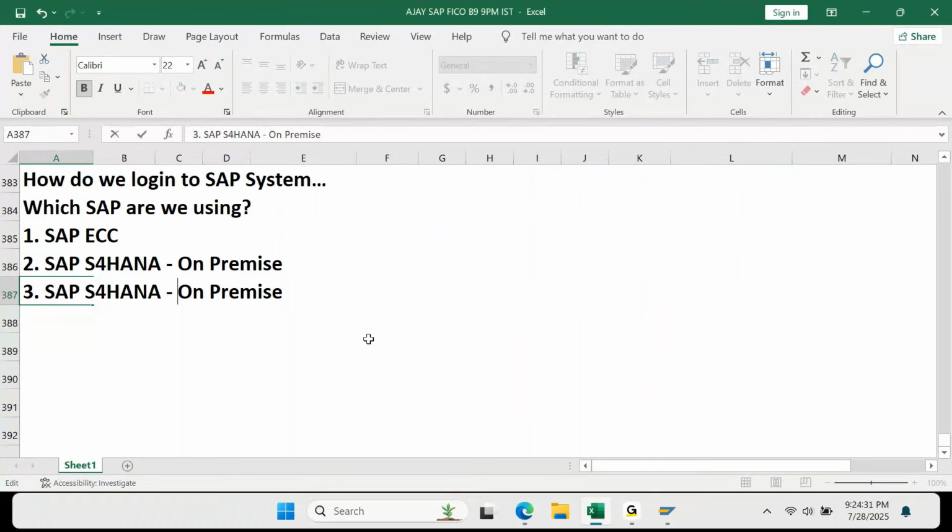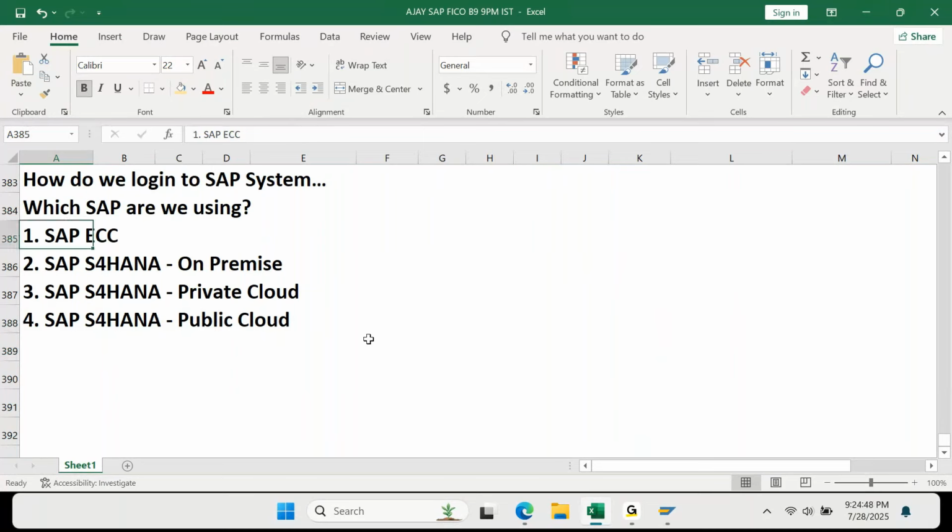SAP S4 HANA private cloud. Public cloud. Fourth one, this is your public cloud. Four are there. Now here you can log in